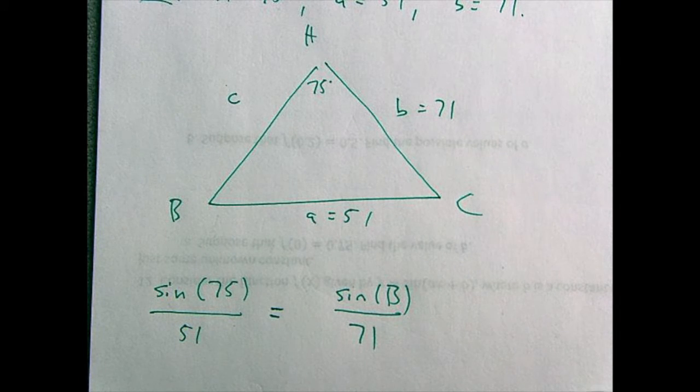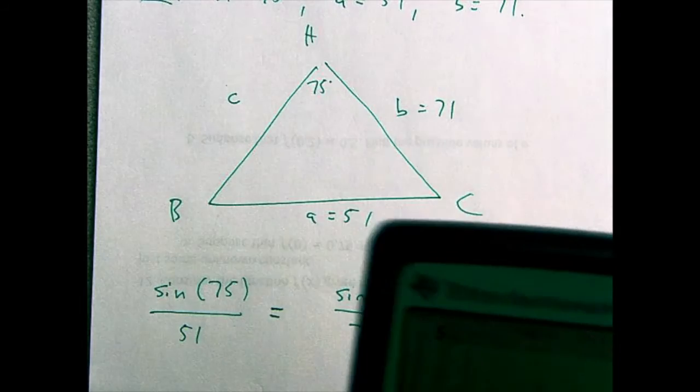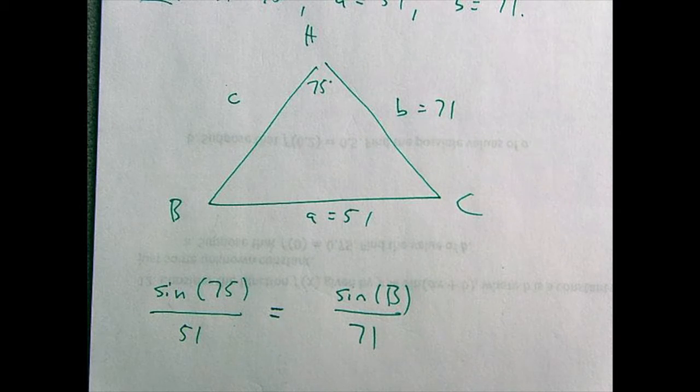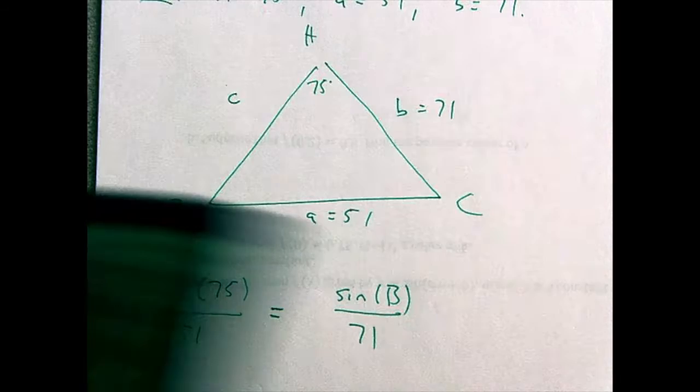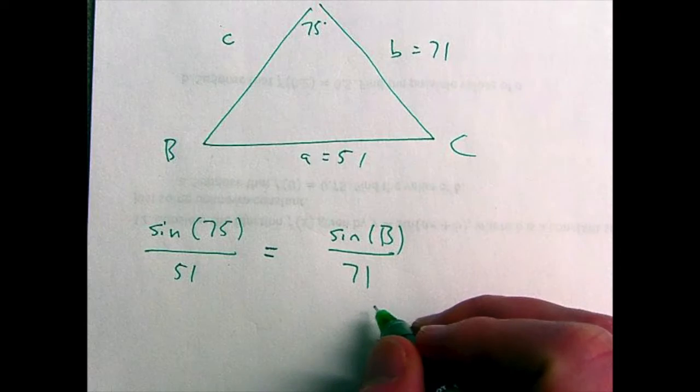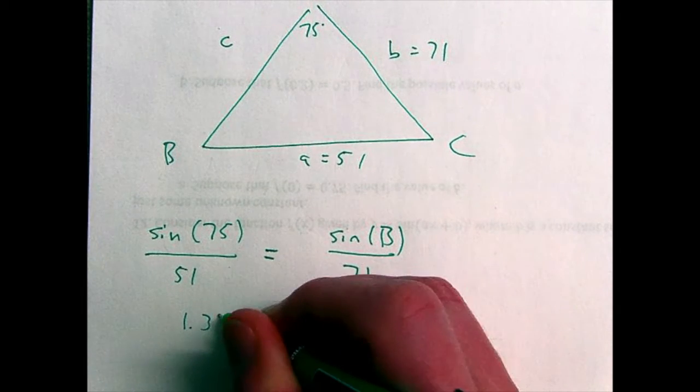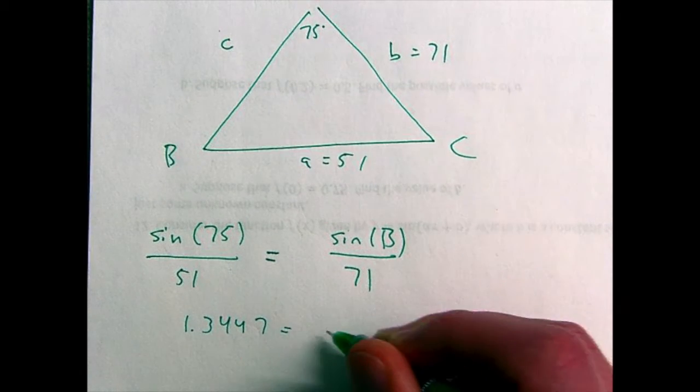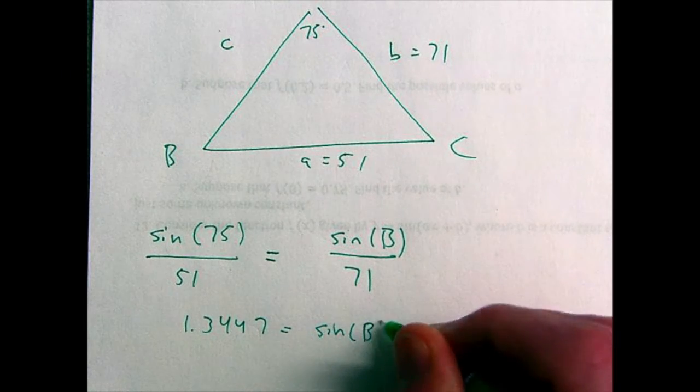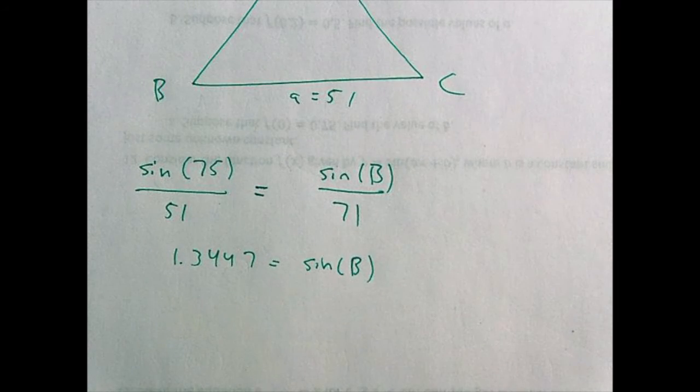You can solve this equation for sine of B, cross-multiplying, however you want to think of it. I'll skip to the chase. Really, all you have to do is multiply both sides by 71. When you solve for sine B, you obtain the following. You get 1.3447 is equal to sine of B,